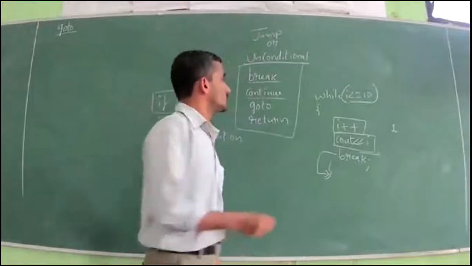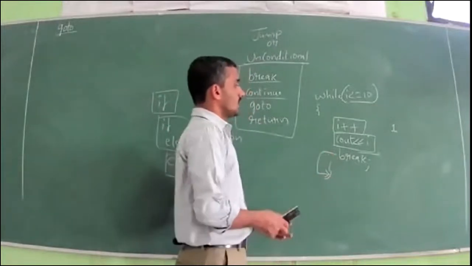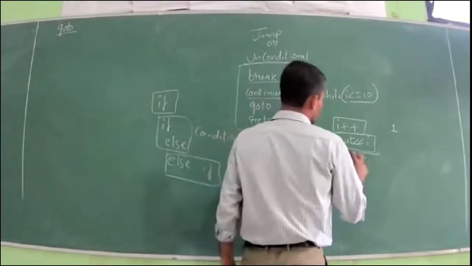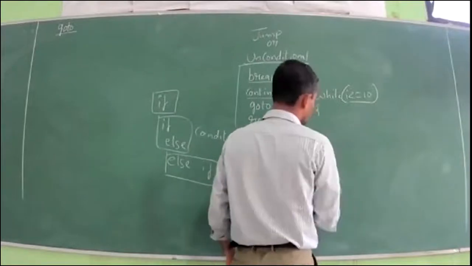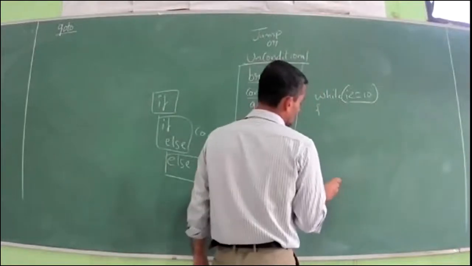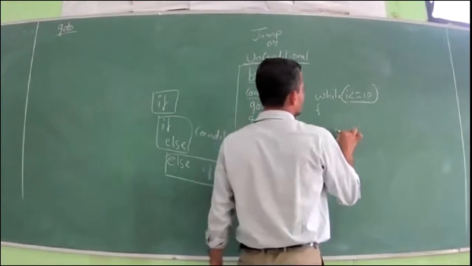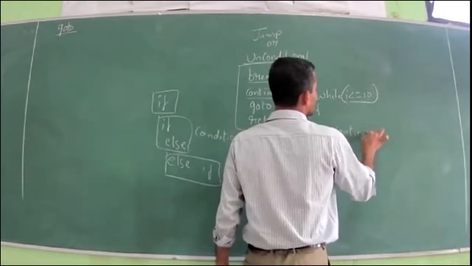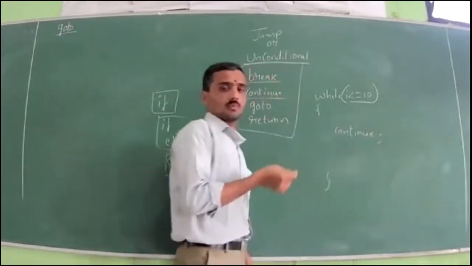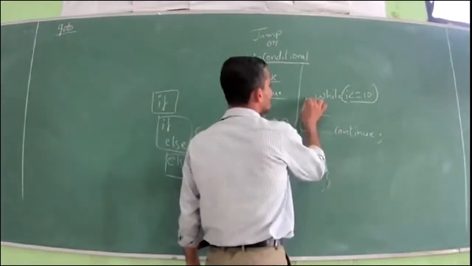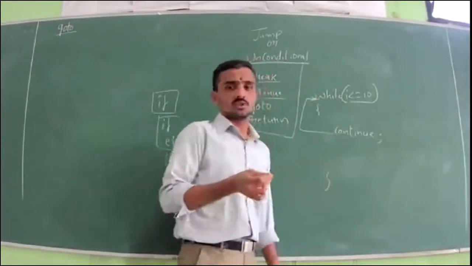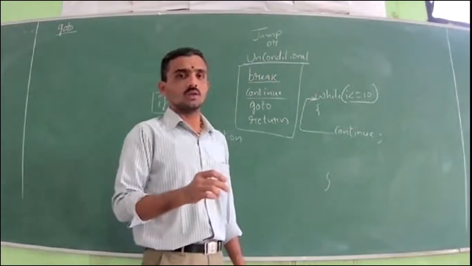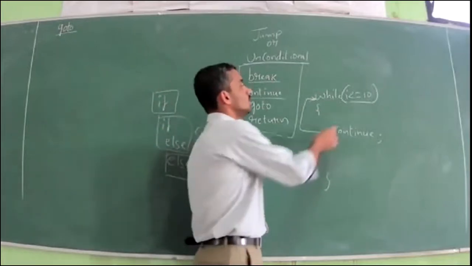Okay. So this is the output of break. And in case of continue also, see here. In case of continue, what happens? If you write the word continue, instead of coming out of the loop, it will move back to the loop. That is the opposite of it. Instead of terminating the loop, it will start from the first. So you again go to the condition.